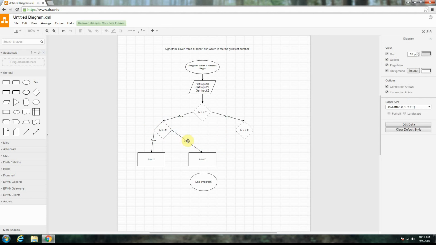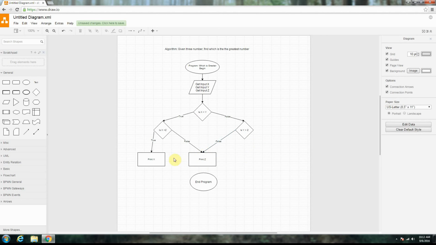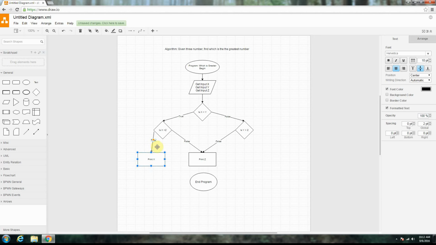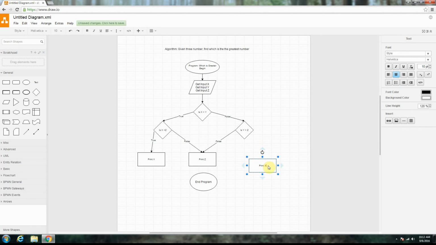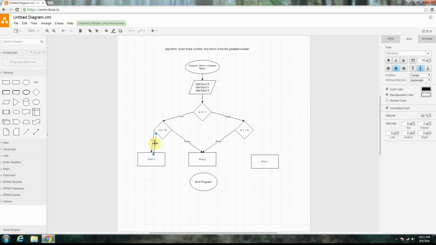Okay, and then we can come over here and we can go, well, if y is greater than z is false, then we know that z is greater than y. Okay, assume that z is the largest. All right, and then finally, you can actually hold down the control key to select more than one thing. Oops, I only got the text box in that one. Okay, and finally, if we know that y is greater than z is true, then we know that z is the greatest number,